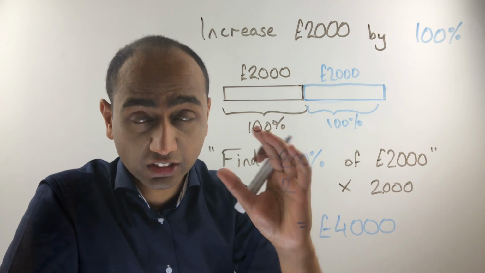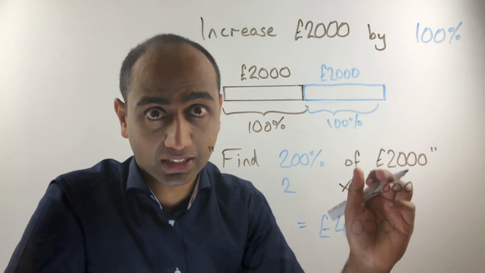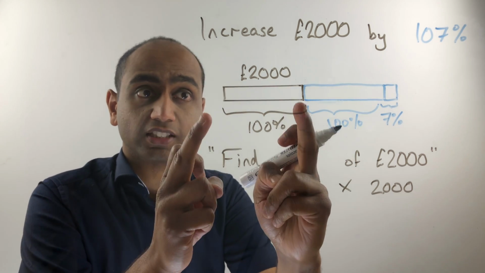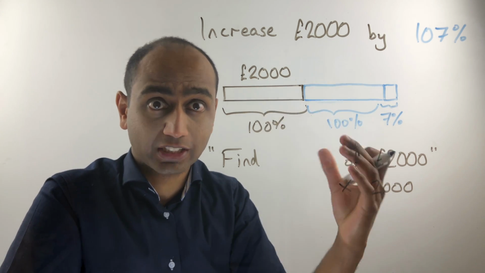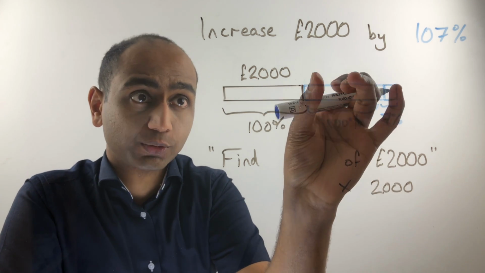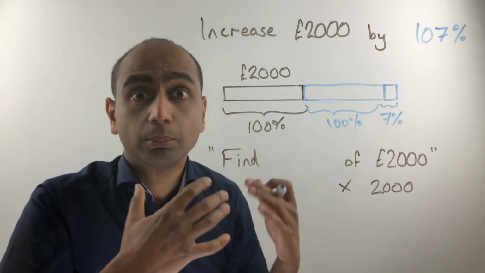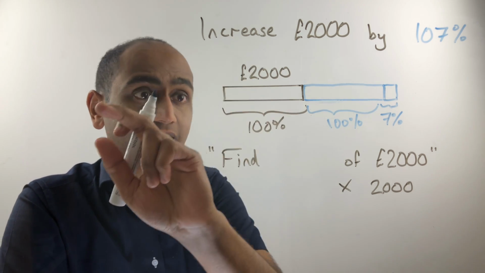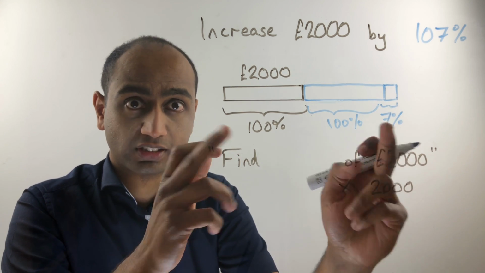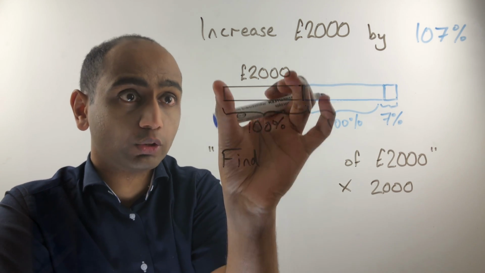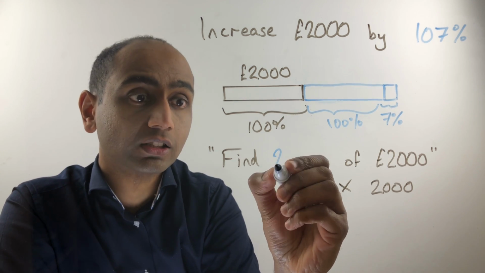We're now going to change this example slightly, so we're going to increase £2,000 by 107%. So this time we're going to take our original £2,000 and we're going to add on 107% of it on top. So we've got that extra £2,000 and another 7% of £2,000 added on to that. But using the method that we've been using so far, we can see that increasing by 107% is the same as finding 207%. We've got the original 100% plus 107% added on. So what we're looking for is 207%